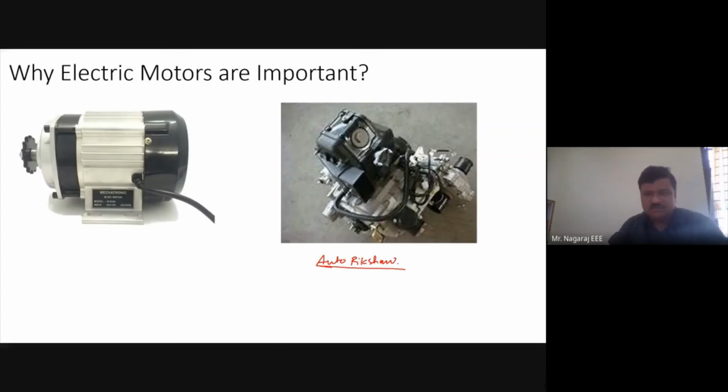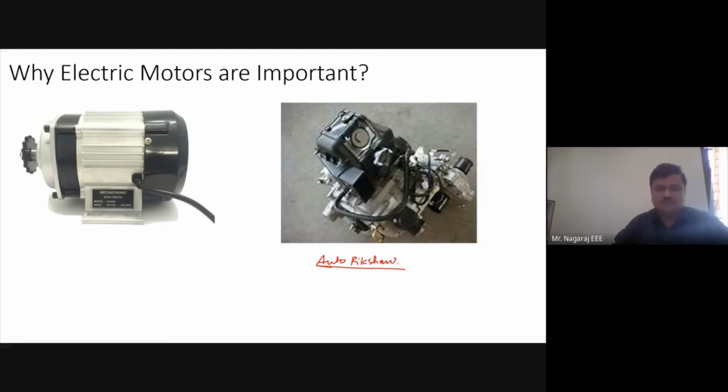Now in our college, in our department, under my guidance, we have retrofitted the three-wheeler auto rickshaw using a BLDC motor. We have taken out the engine and fitted a 48 volts BLDC motor into the three-wheeler auto rickshaw, which you have seen many times in front of your machines lab. That auto rickshaw is not engine driven, it is motor driven. That is an electrical auto rickshaw, which was built in our department, in our college, by your seniors, under my guidance only.